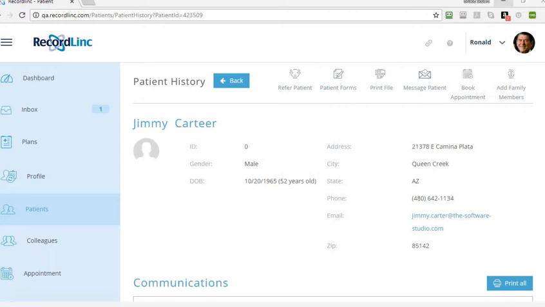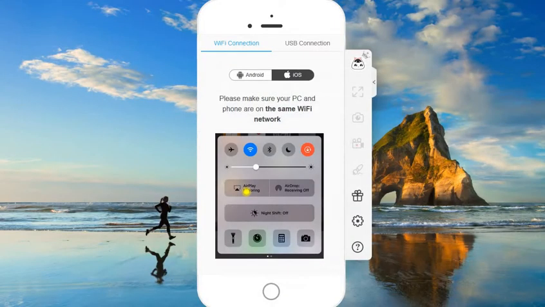In this particular use case, we'll assume that Jimmy has moved from the Puyallup location, and he's now a patient of Ronald Reagan Dental up here in the corner. The zip code the dentist is in is 85298, which is a zip code in the Phoenix Gilbert area. So with that, we'll bring up the mobile application,